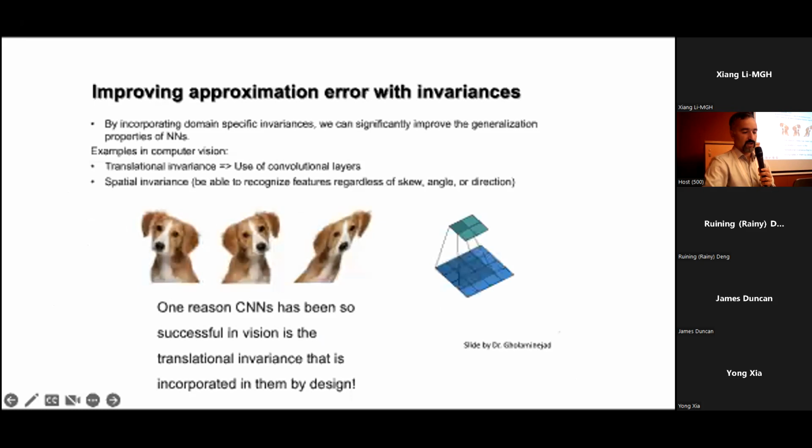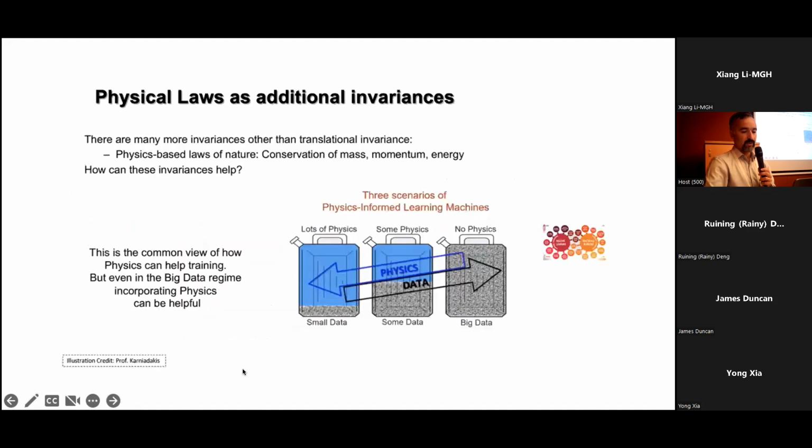Because again, by design, this has been built into it. Well, why can't we build nature's laws into neural networks? There have been approaches from different angles. When you have lots and lots of data, perhaps you don't need any physics. You just discover. But if you have limited data, you could actually get